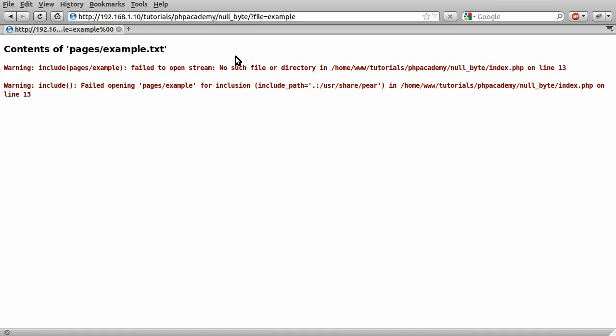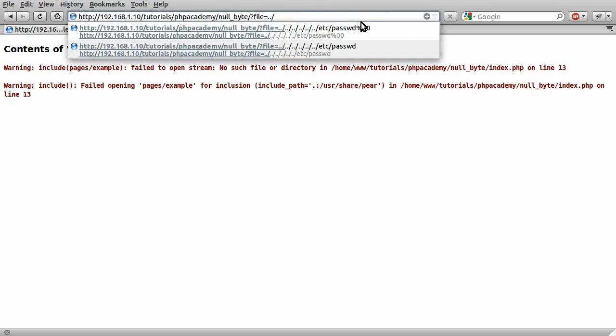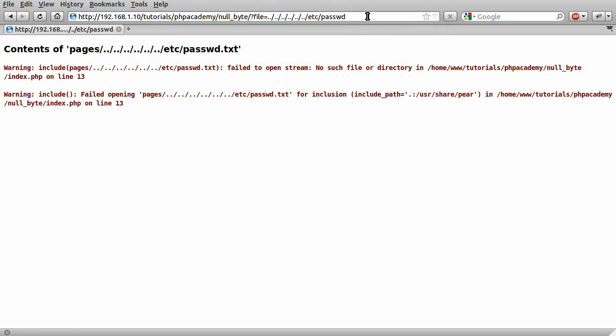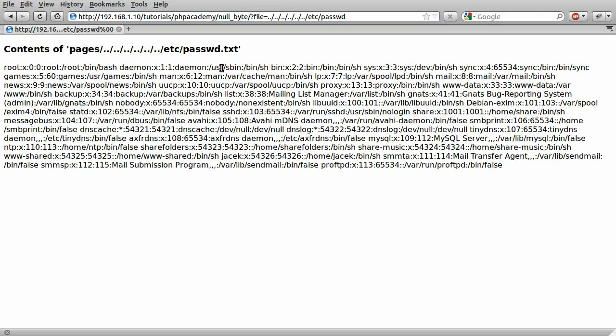So the problem with this is that now we can essentially include any file. For example, we can include my etc/passwd file, again just by sending the null byte and the path to the file. Need the null byte there. You can see without the null byte that it tells you that it doesn't exist with the .txt extension. But if we add it, you can see that it chops off the end of the string, and we get my etc passwd file. So this essentially allows the user to include any file that they want,